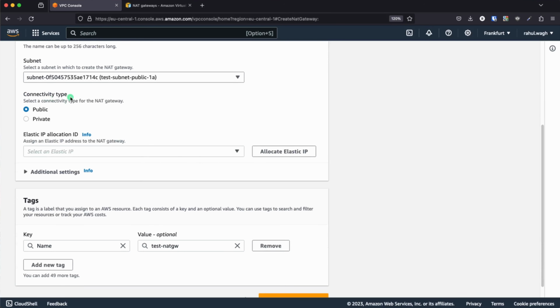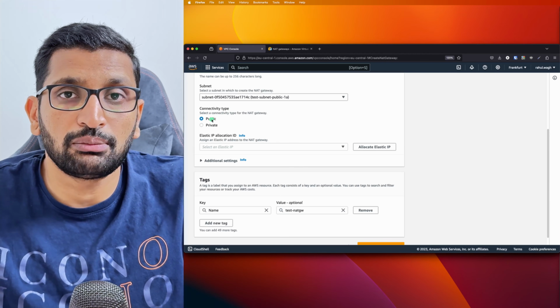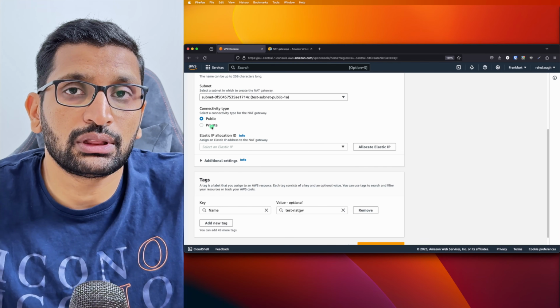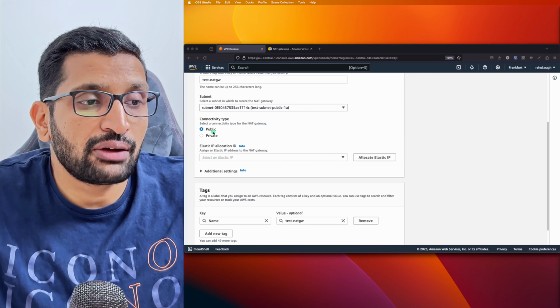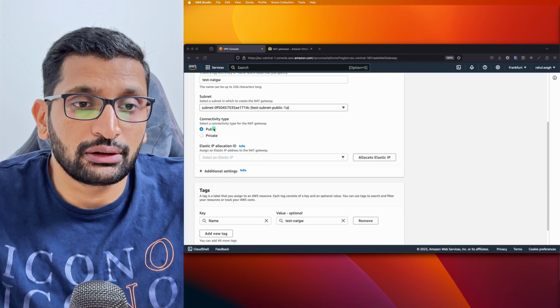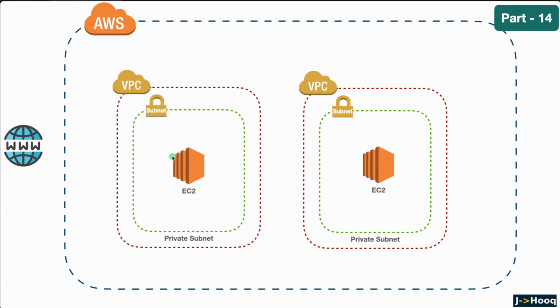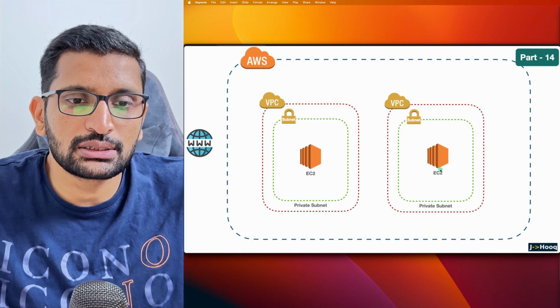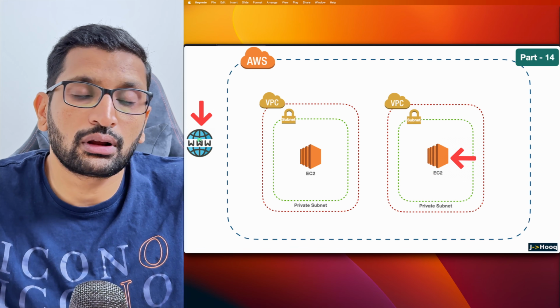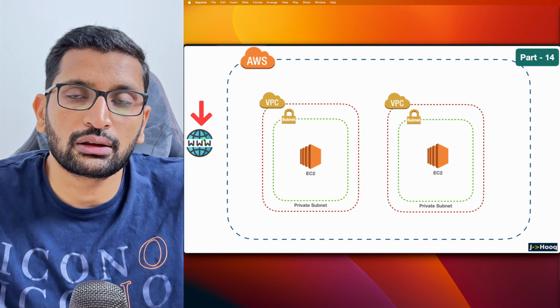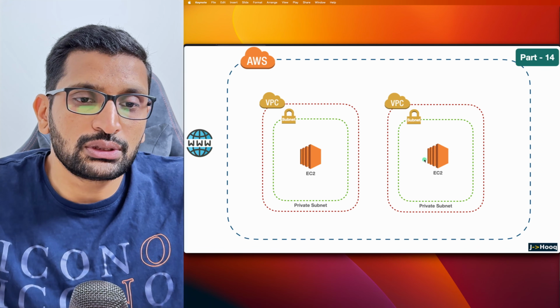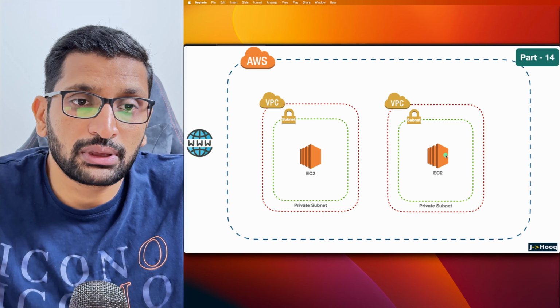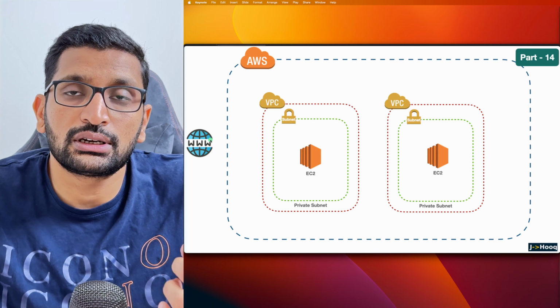And here is the connectivity type. There are two types of connectivity, one is public and one is private. So what's the difference between the public and the private? Let's say you have chosen the public connectivity for your NAT gateway, so what will happen? Here is an example I'm taking. This is an AWS account in which you have multiple VPCs. Let's assume this EC2 instance present in this private subnet has public connectivity, which means this private subnet can make a request to the internet, which I'm just putting an icon for over here in blue color. So this EC2 instance with the public connectivity type can access the internet for downloading certain packages and